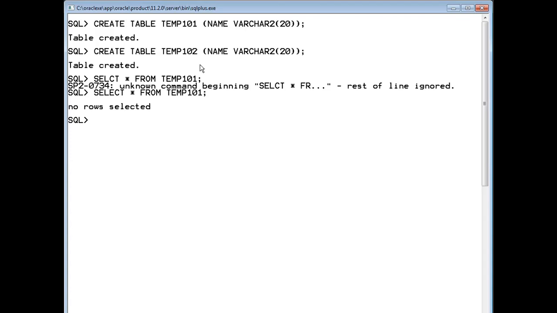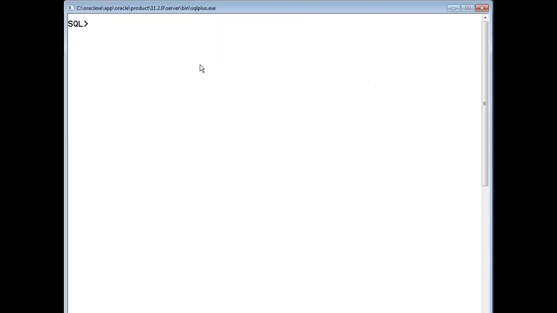There is no record in the first table. Same way, there is no record in the second table. Clear? Yes. Now we'll clear this. So we know that we have two tables, temp101 and temp102. So now we'll write some